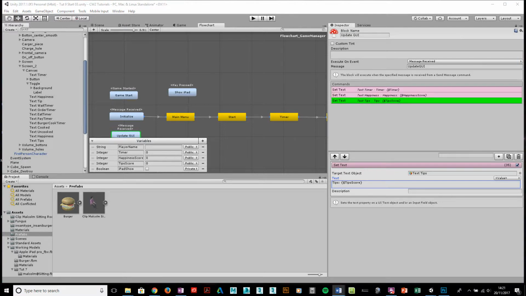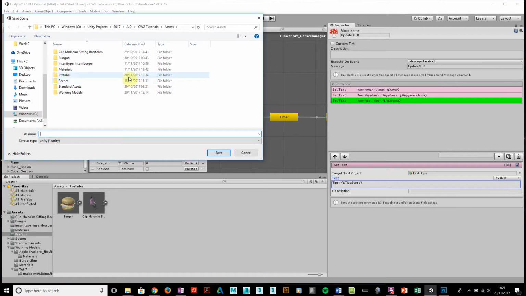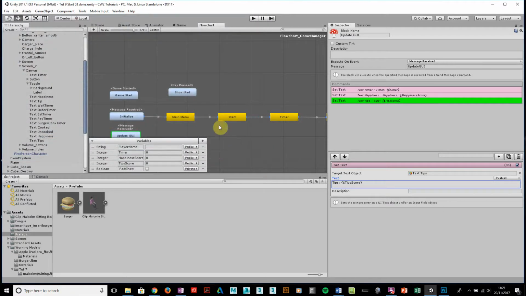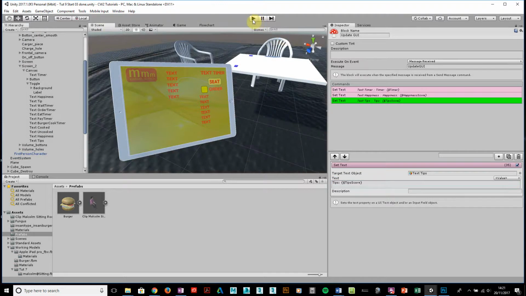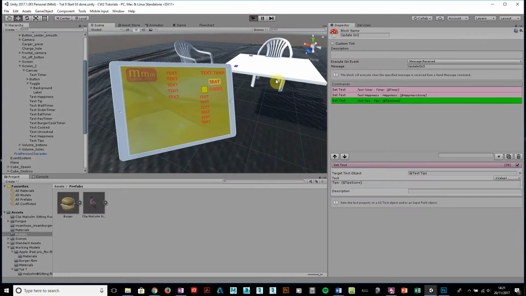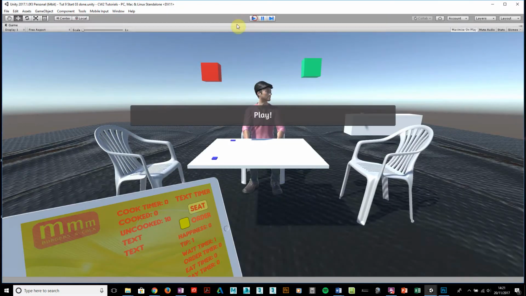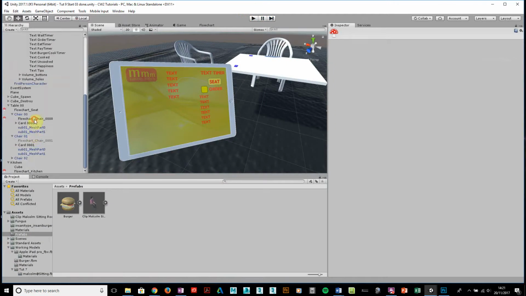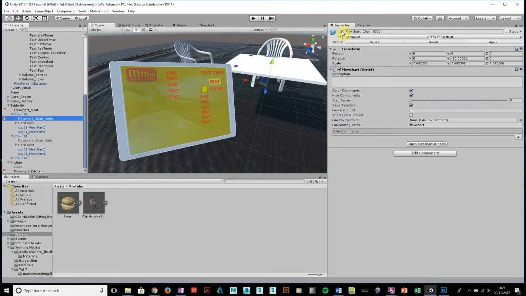Now that is it for our part 3. I think I'll save that out. And we'll do a quick run of that, see if that actually works. And it should do. So let's have a look at that. As I said, not everything may be working straight away. May still have to